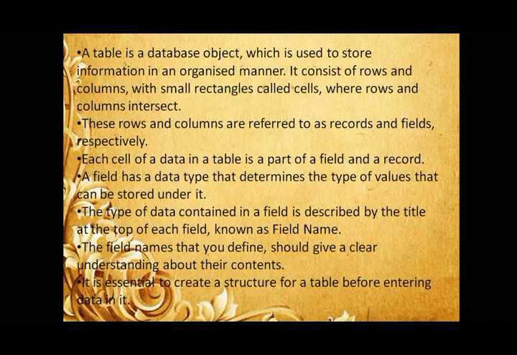For example, I need to write the names, but if somebody is typing numbers also, I need some way so that the numbers don't enter. So for that I have to select a data type. This is the difference between MS Excel and MS Access. In Excel you can't put such kind of locks, or decide the data type, as you can write numbers and alphabets in a single cell. But in Access you can define the data type, like alphabets, so you can write only alphabets in that field.